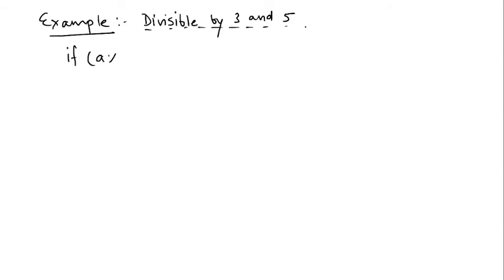So I will check if a mod 3 is equal to 0. Okay, now if a mod 3 is 0, I'm very sure that it is divisible by 3. Then within that, I'll be checking if a mod 5 is equal to 0. Now you know if a mod 3 is 0, it is divisible by 3. Within that, if this if is also true, that means it is divisible by 5 as well. So that would give us the indication that it is divisible by both.